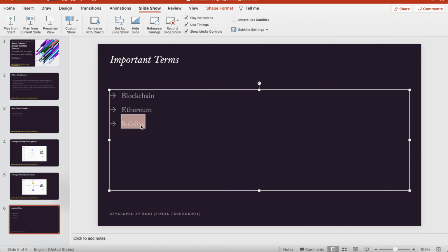And the next thing is Solidity. What is Solidity? Solidity is the programming language for smart contracts. Whenever you are going to develop a new smart contract, you definitely have to use Solidity. You can rephrase it in different ways, but the ultimate statement is that Solidity is the programming language for smart contracts, and smart contracts run on the Ethereum blockchain. So either way it is true.